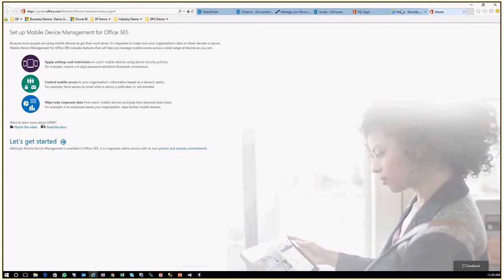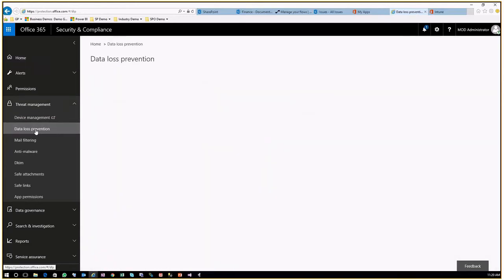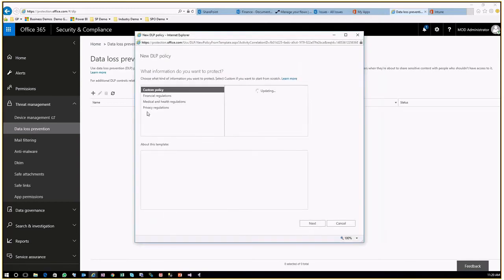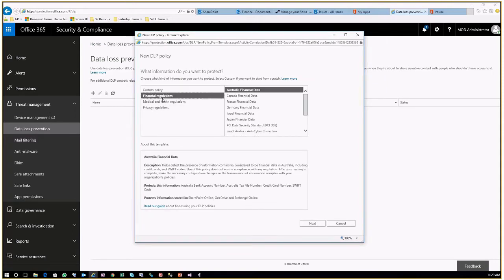a policies area where you can find and fine-tune DLP policies. But if you're used to using e-discovery, you can also use pretty much all of the same filtering patterns in that page as well. So I'm in the data loss prevention area under security and compliance, and the way you get to it and the interface is going to look a little different between 2016 on-prem and online, but the